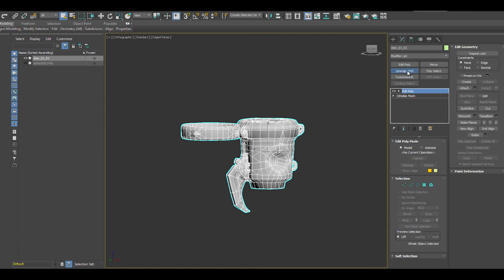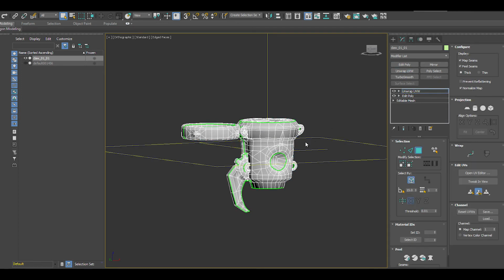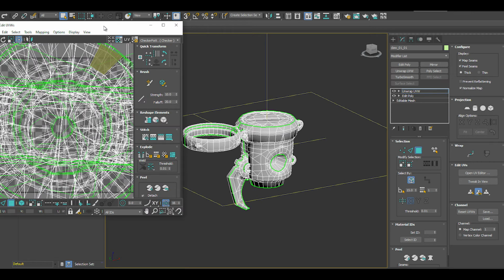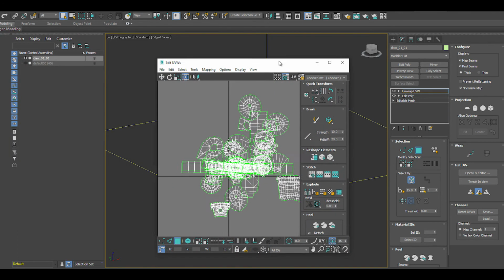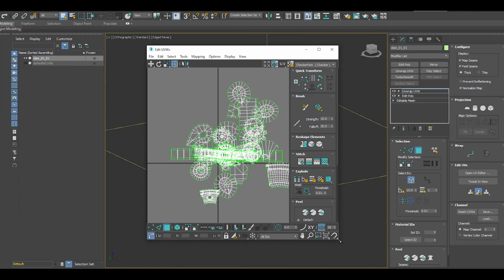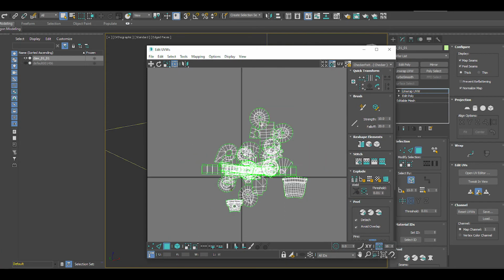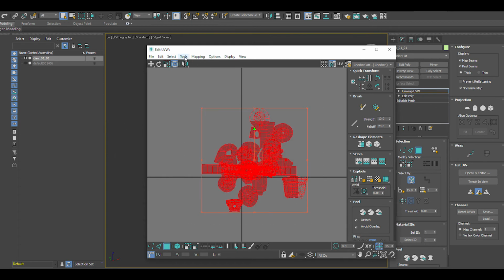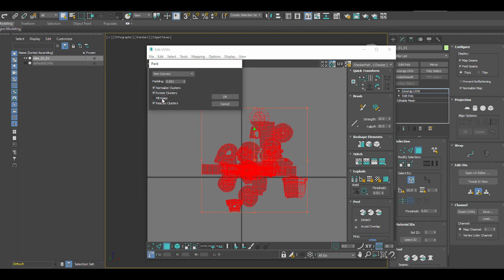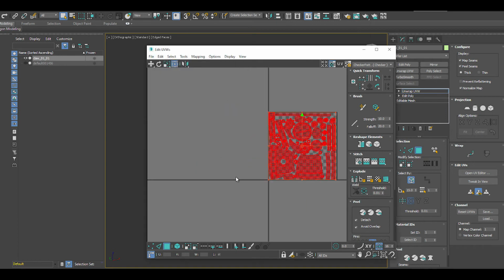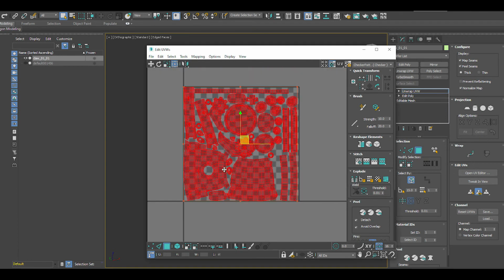And if we apply the unwrap modifier, what we will see is this mess. It's a complete mess. But it is very easy to fix if we go to, let's say, polygons, select all the polygons, tools, and pack UVs. Fill holes, rotate clusters, and there we go. 3ds Max does it very quickly,